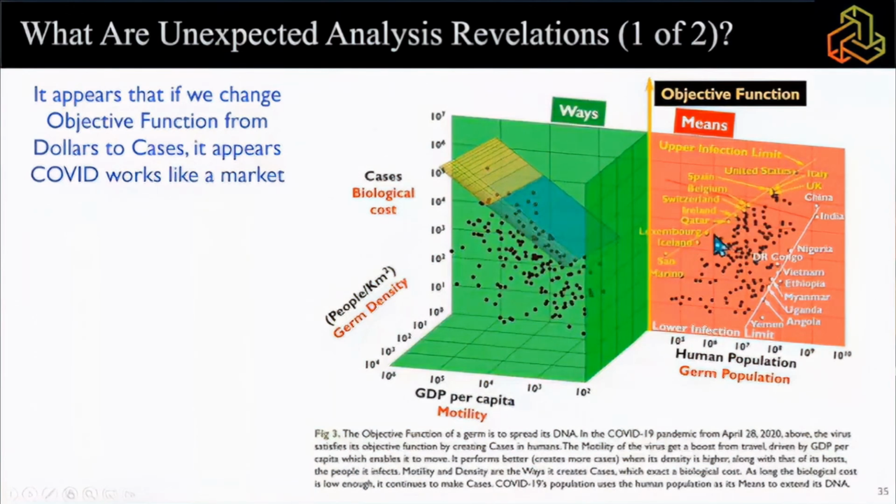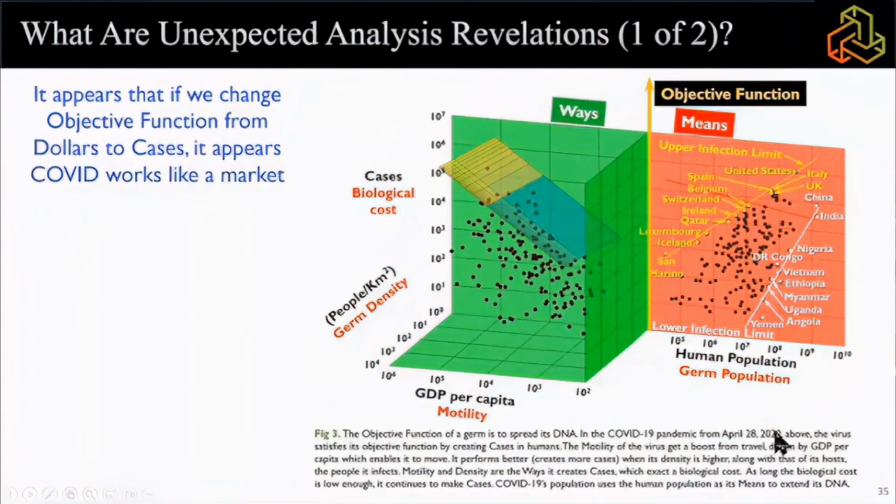And you notice, with the exception of Qatar, all these countries are in the northern climes, and so they may have vitamin D deficiency. And you notice here's the lower boundary. China claimed it was on the lower boundary, but we may suspect its data. But you notice every other country on this boundary is in the equatorial zone. And so you might guess, just looking at this, that, hey,